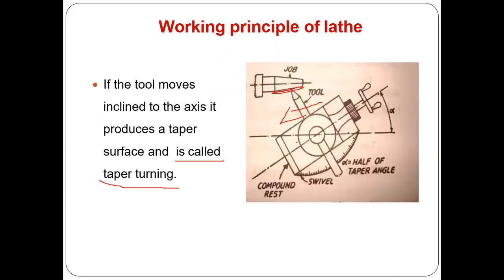If you want to get a tapered surface, we just rotate the tool post by some angle, maybe that angle is alpha here. The workpiece is rotating about this particular axis, but your tool is moving along this other axis. So if you take these two, there is some kind of inclination. Because of this inclination, you're going to make this inclined surface. This inclined surface is called a taper, right? Like this, you're making taper products.